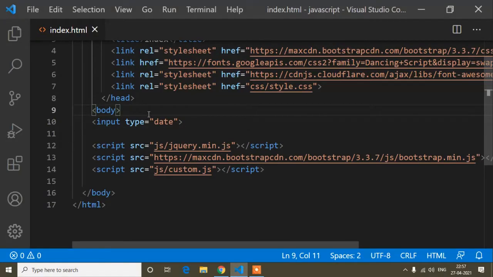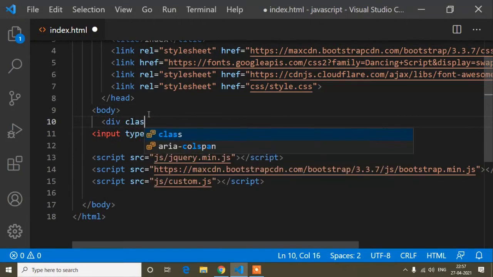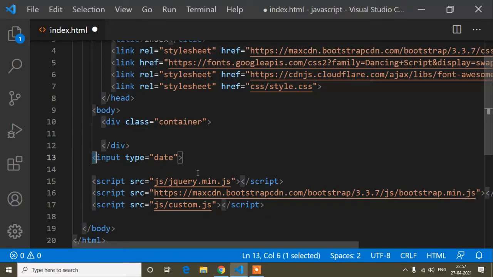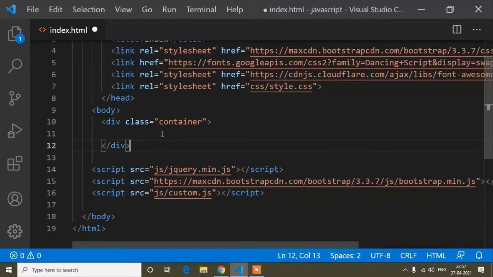Now I will do one thing, that is I will add a container. The container is the Bootstrap class for adding space on the left and also the right, and this is not related to this functionality, just for adding space on the left and right. That's why I have added this container class. Now save, and you can see it added space from the left, and on the right there is no content, but it also added space on the right and left.